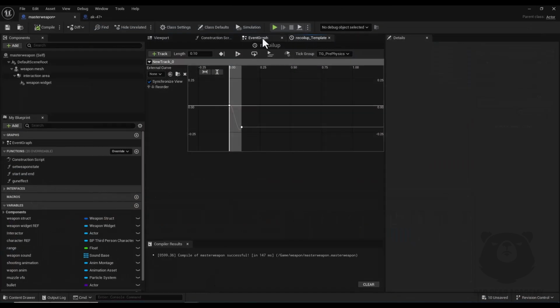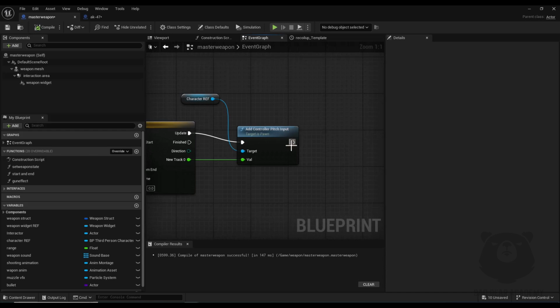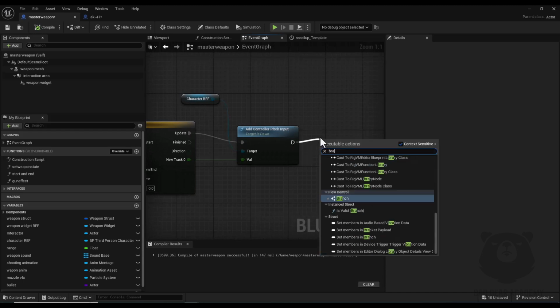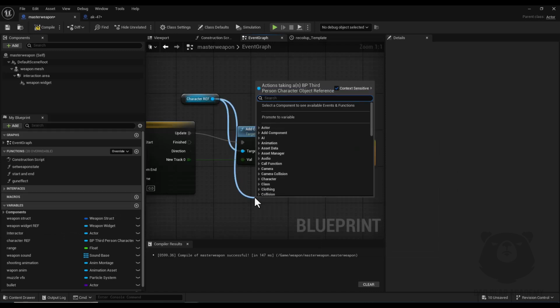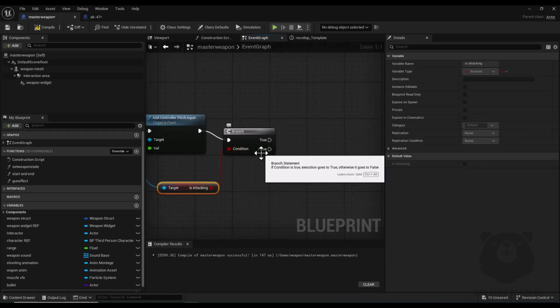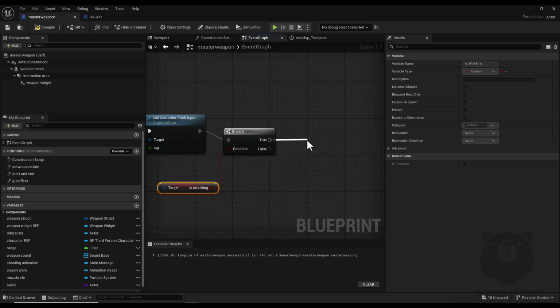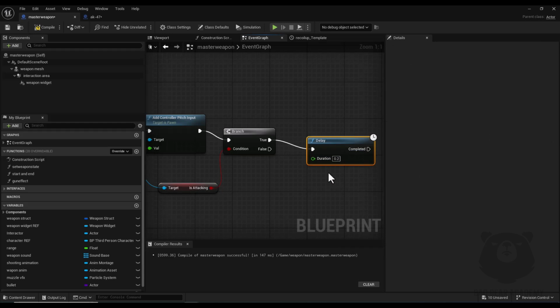Alright, now I go back to event graph, and here I drag a node and add a branch. Now from my character reference, I drag a node and search for is attacking. Get this boolean and connect it to the condition of branch. Now from true part, I drag a node again and search for delay. I add the delay node,